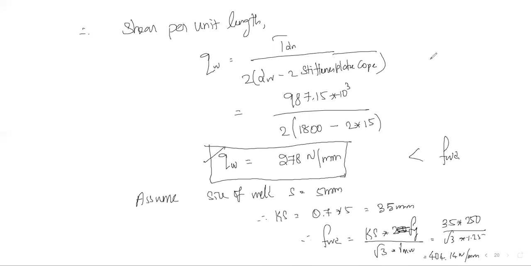Okay. So Fwd is greater than Qw. Hence, it is safe to transfer the load. That is, the welded connection, whatever we have given, that 5 mm, is safe enough to transfer the load easily on the support. So up to this, the welded plate girder design is over with respect to the end bearing stiffener. If it is an intermediate stiffener, then we have a little bit of changes in the stiffener design. Thank you. Thank you all.